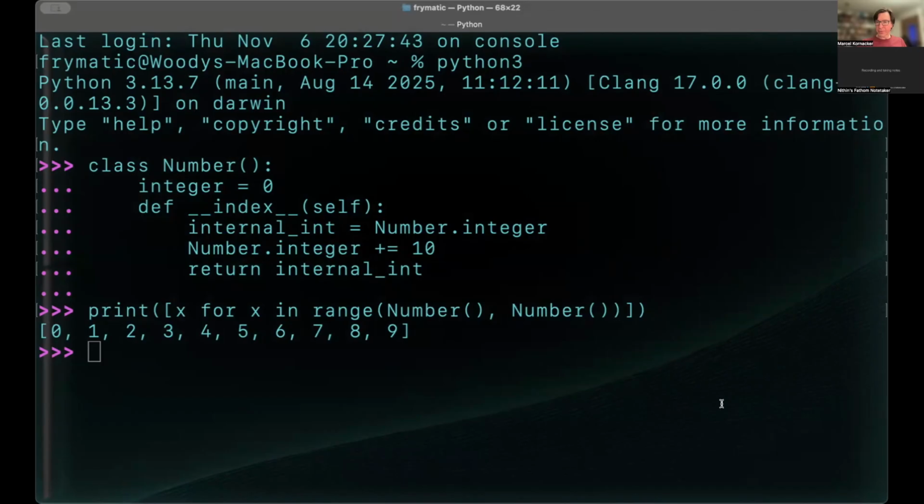So one key is that it's returned by the dunder index, and that doesn't get implemented during that function, right? But it will be incremented the next time. Aaron's got some commentary too.